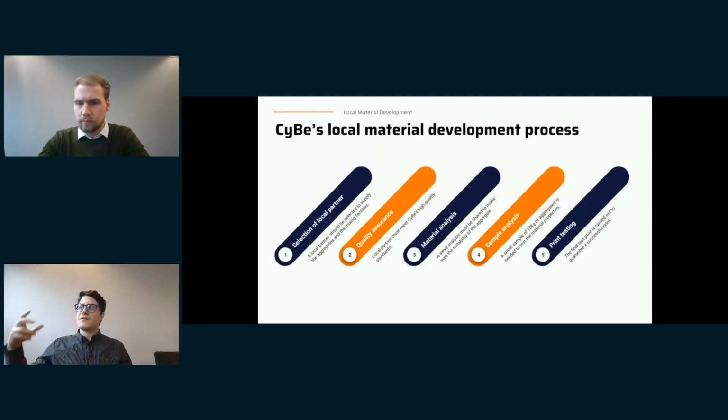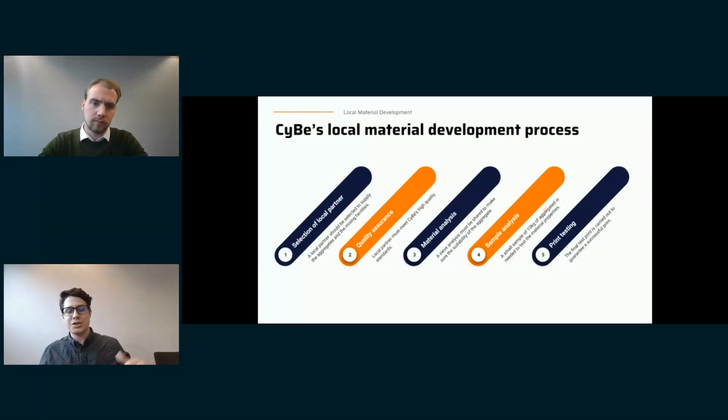Then if everything goes well until this point, we ask the client to send a small proportion of 10 kilos of aggregate for us so we can check in our laboratories. And then the fifth step is the print test. So we ask for a little bit more, a larger proportion of material so we can actually test, so we can guarantee you that you're going to have a successful print. So if you check,